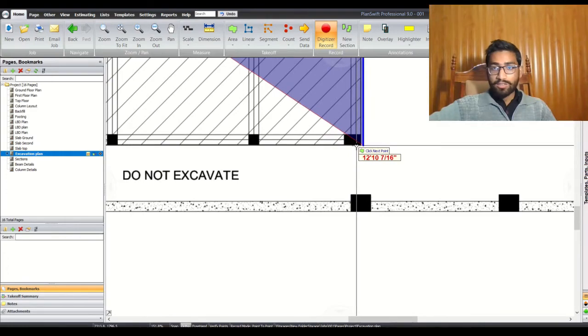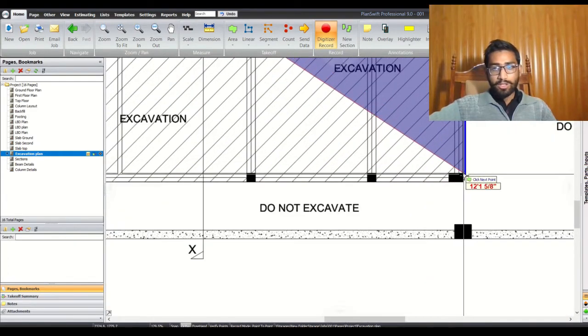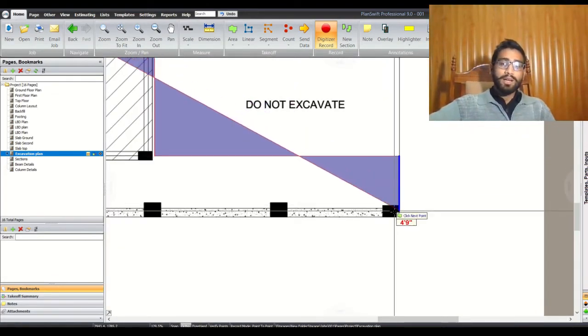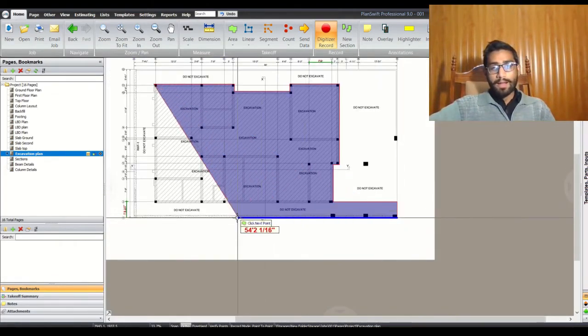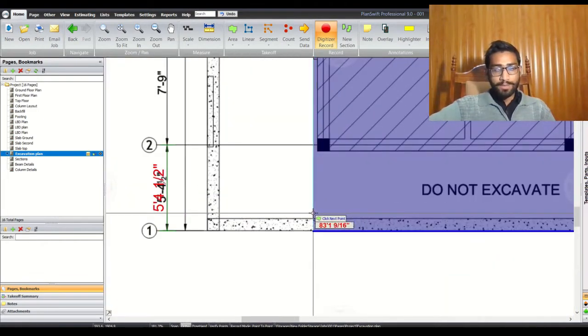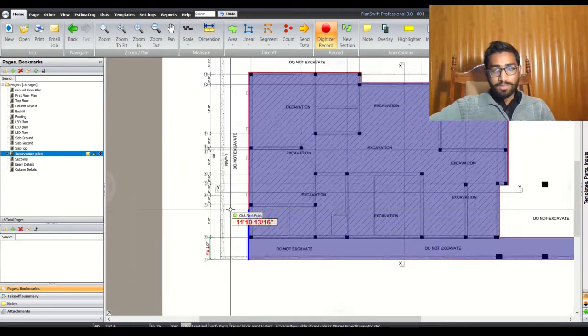Now as here we know that we need to excavate in this area, for that we will click here and go to the right towards our retaining wall, and we will restrain it over here, because on the left side we will be having our next retaining wall, and that is 7 feet down.